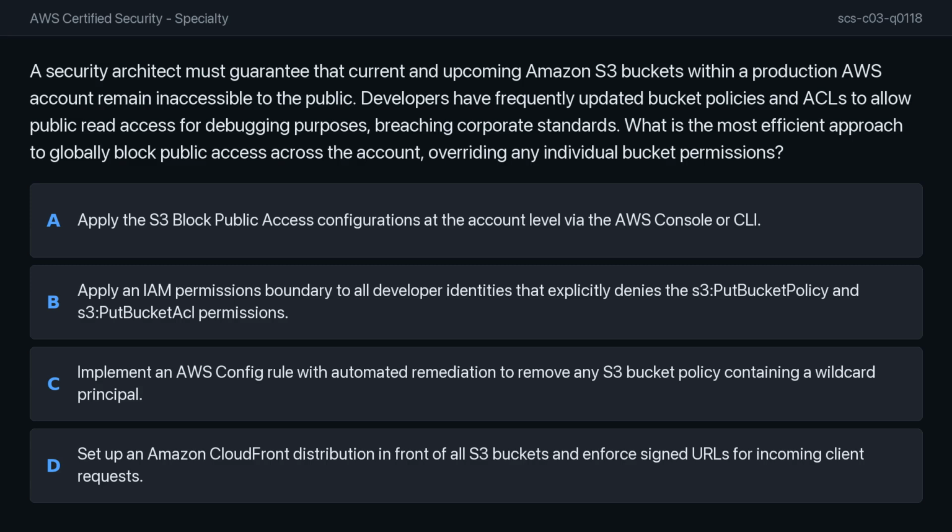Let's review the options. Option A. Apply the S3 block public access configurations at the account level via the AWS console or CLI. Option B. Apply an IAM permissions boundary to all developer identities that explicitly denies the S3.putBucketPolicy and S3.putBucketACL permissions. Option C. Implement an AWS Config rule with automated remediation to remove any S3 bucket policy containing a